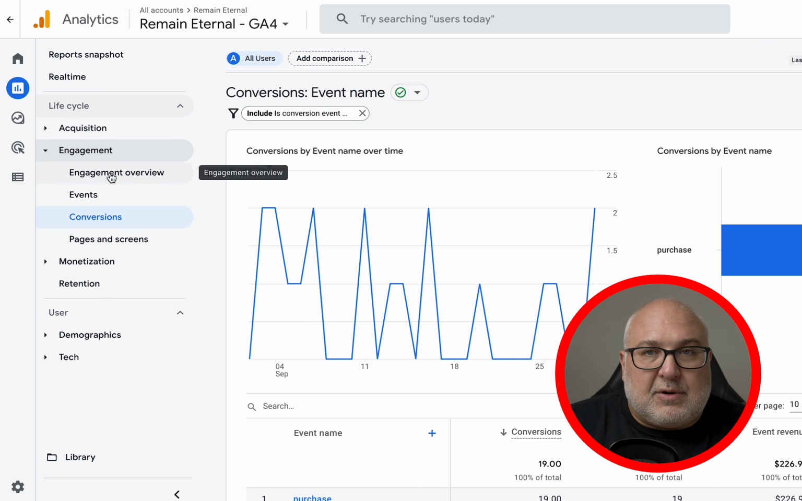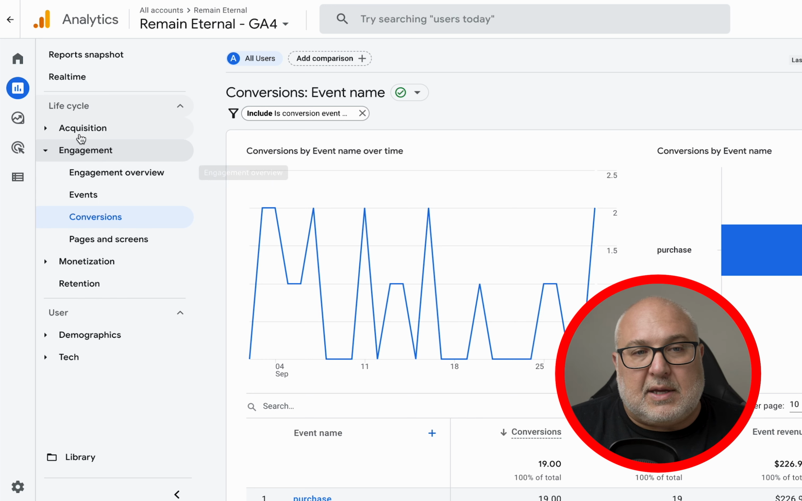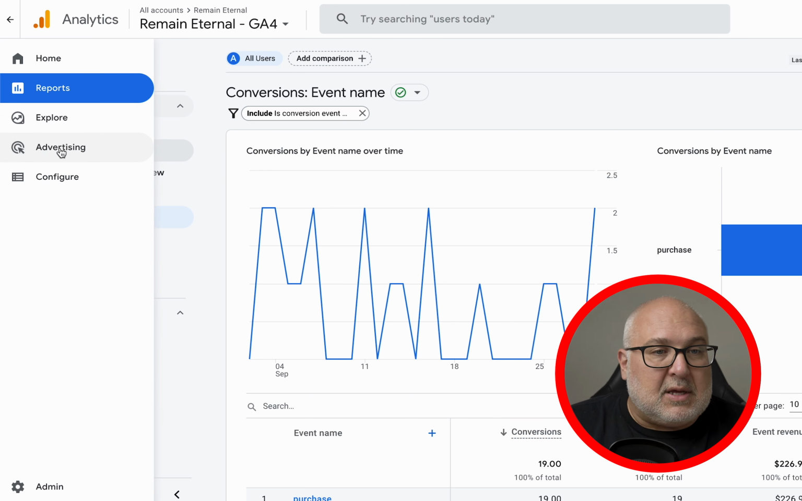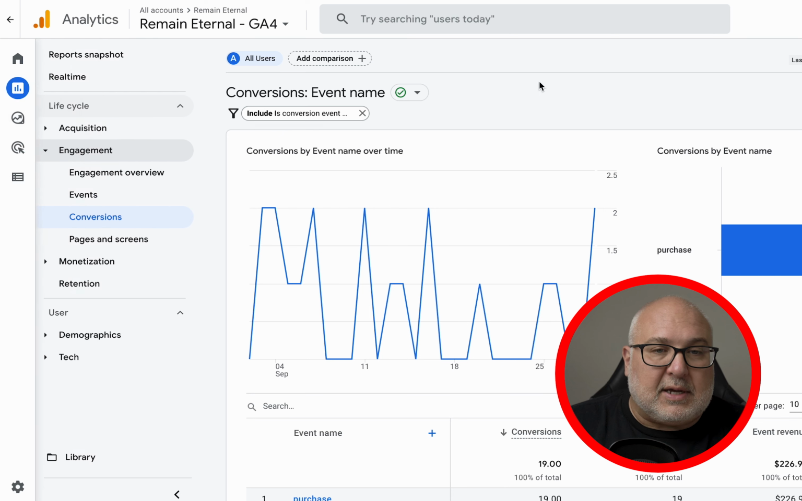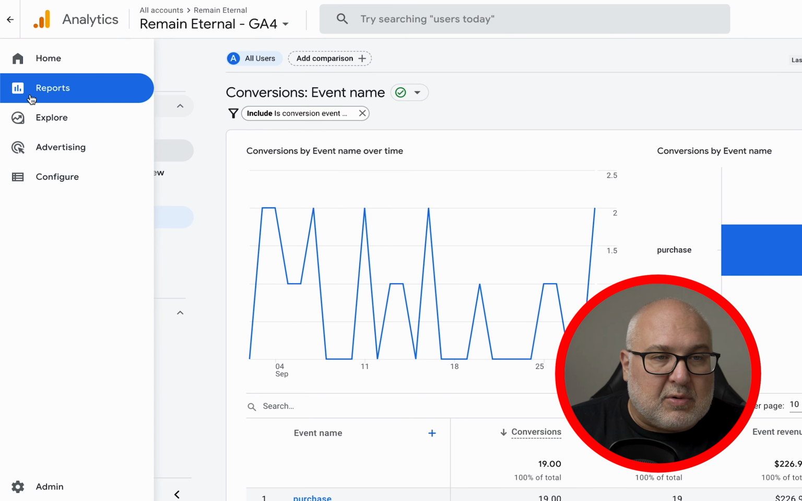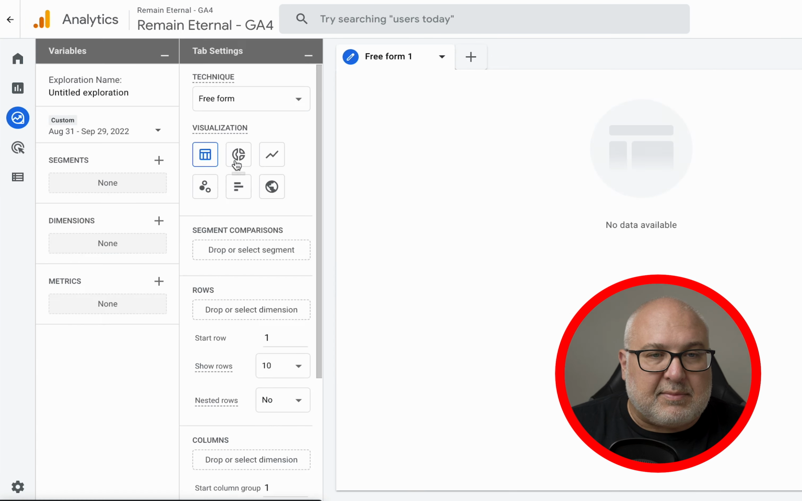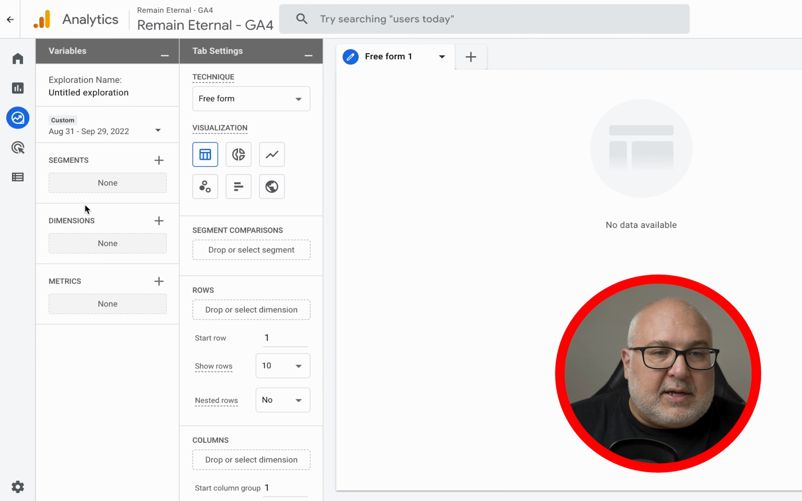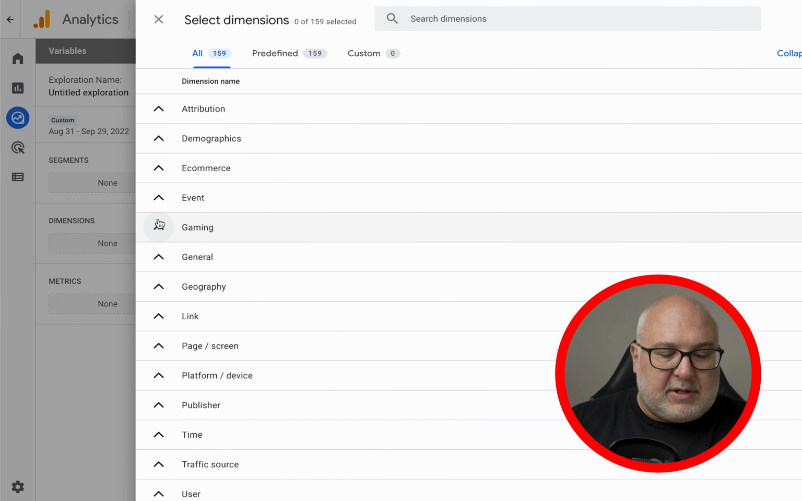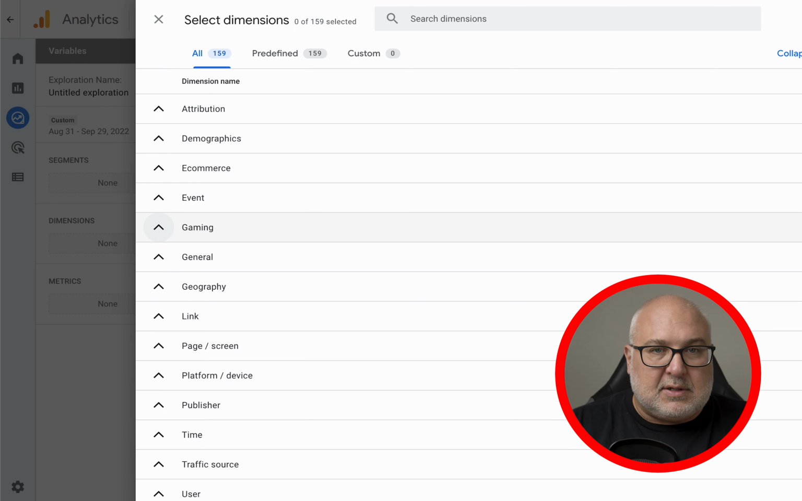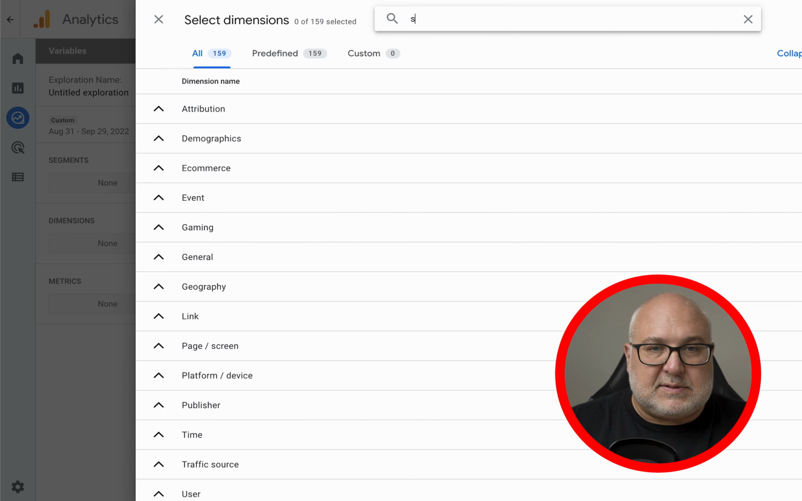But if you do want to show the conversion rate in GA4, again, it's not in the basic reports, but you can go to Explore and actually show it there. So let's go over to Explore. We're going to build a blank dashboard. And from dimensions, we're going to want to use session default